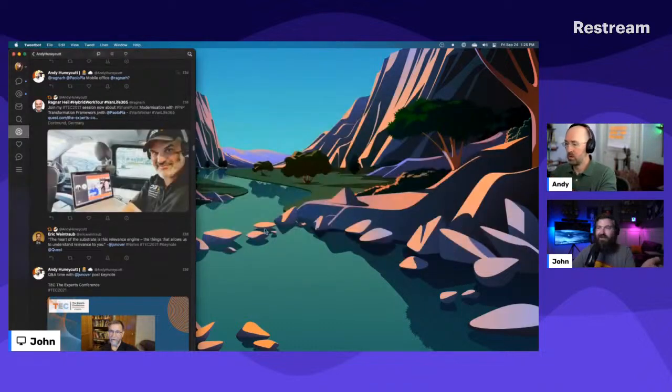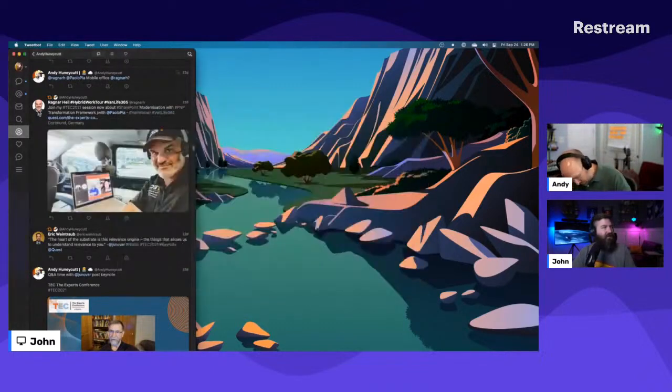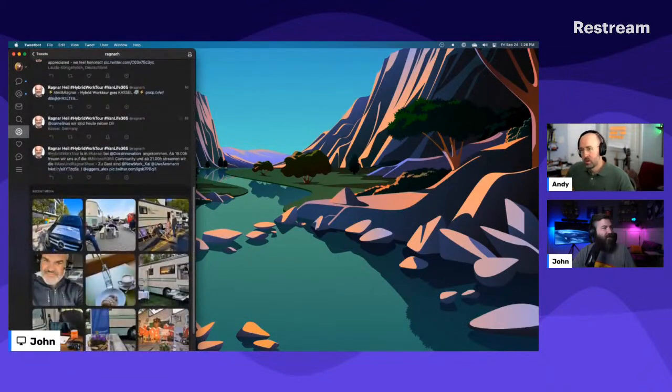Recently, they got an RV, a really nice RV that they've got a full conference room set up in with TVs on the wall, and it looks like they've got sound bars hung up and things like that. So if you're looking for cool desk setups, definitely check out Ragnar's Twitter feed here.